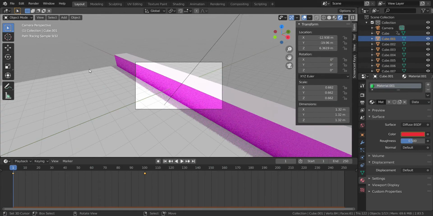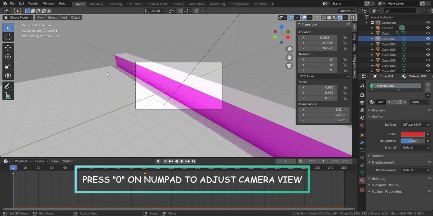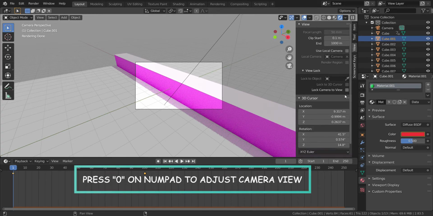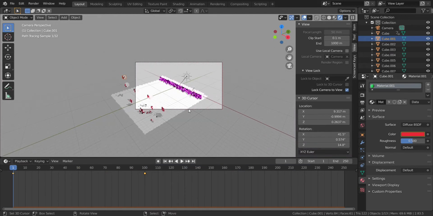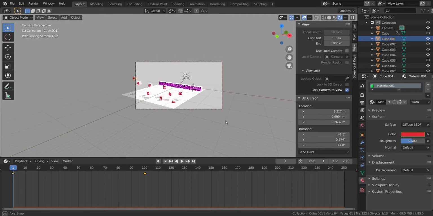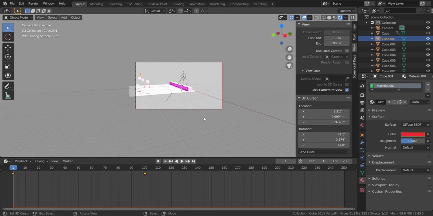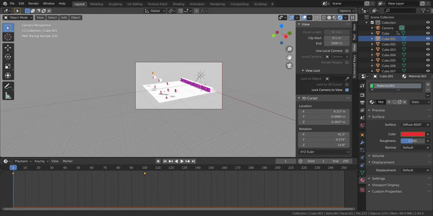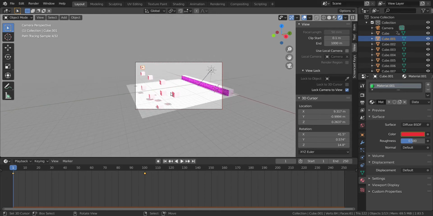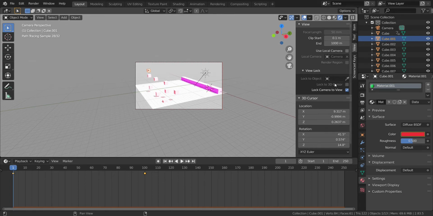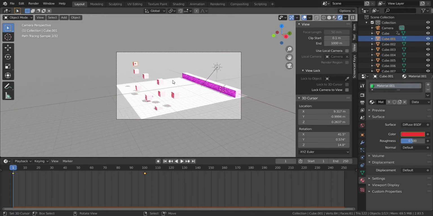and then you have to adjust the camera view. For that, just click on this view button and then lock the camera view, and make sure the whole scenario fits inside that camera square. Like now it looks nice. I will uncheck this camera lock view. Now the major part of our animation has been completed,